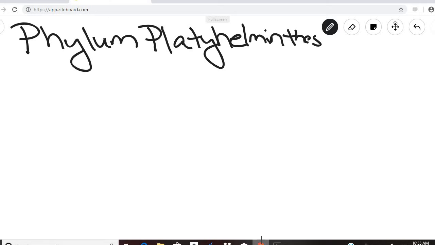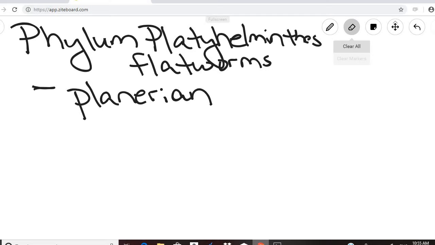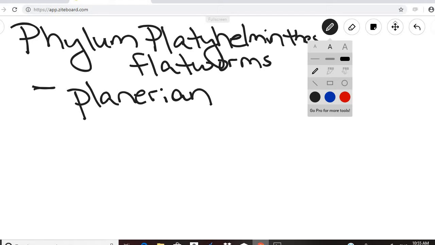And two of the organisms that I want you to be aware of, first of all, we call these the flatworms, because when you look at them, they're flat. And one of the most interesting ones is called a planarian. I don't have time to do it now, but I will send you a video of a planarian. And the reason that they are so interesting is that they can